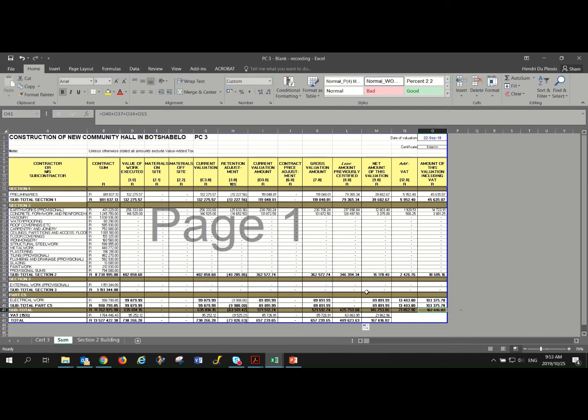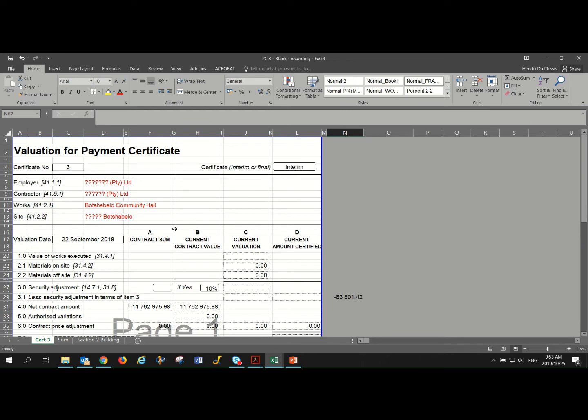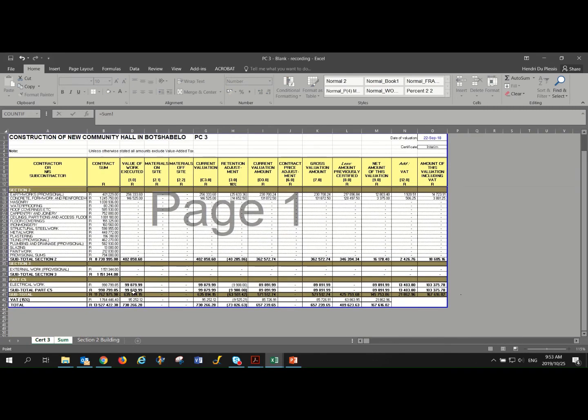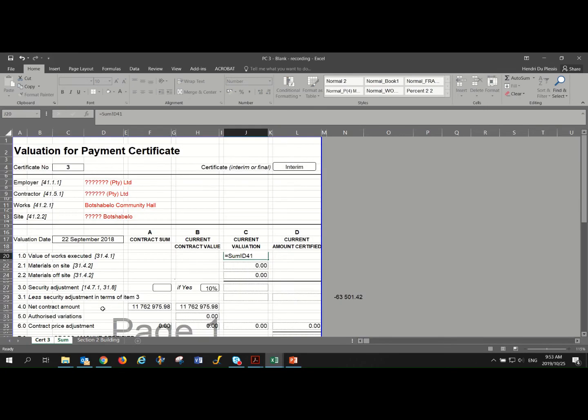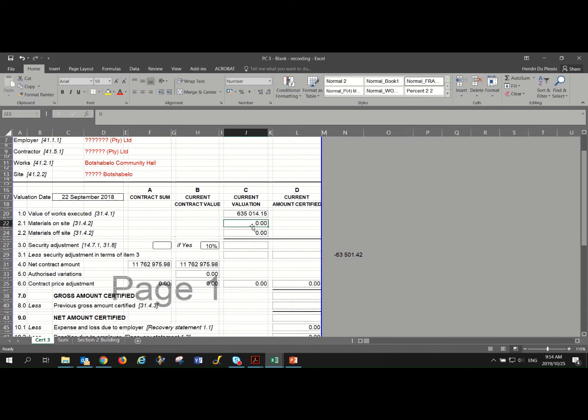So what we do now is we transfer now our total amounts to our payment certificate. So let's go to our payment certificate, and what we do is we transfer our total value certified, which is our total amount here just before VAT, 635,000. We don't have any material on site, off site as well,